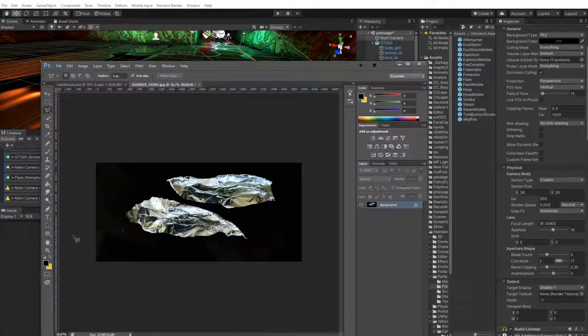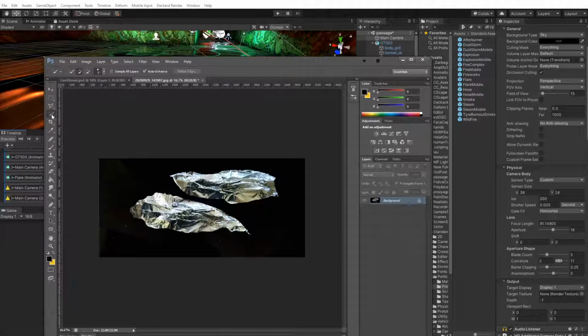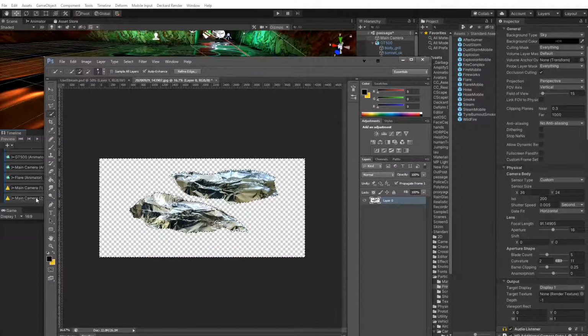And then I will just have to mask everything that is black in Photoshop. Create the layer, delete this one, and then maybe just add a subtle